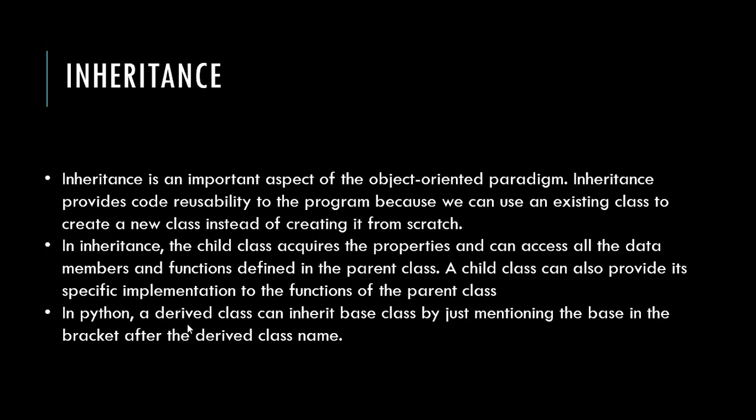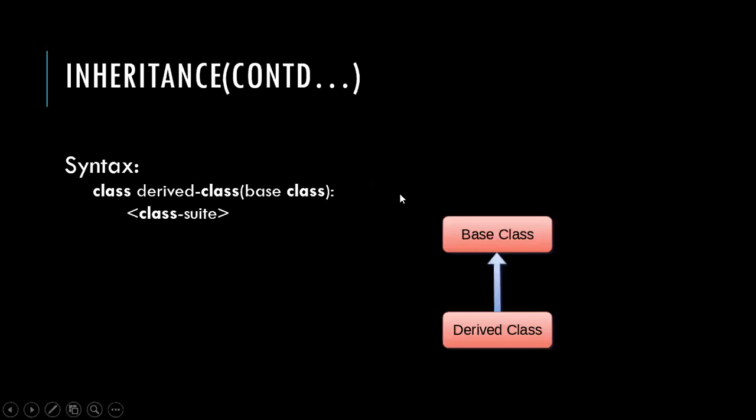So parent class is also called base class, and child class is also called derived class, right? In Python, a derived class can inherit a base class by just mentioning the base name in brackets. Of course, how we can inherit programmatically, that we will see. Now is it clear or any doubt? Here this is the base class and this is the child class. This is going to use the functionality of this particular class. So this is called parent class and child class, or base class and derived class.